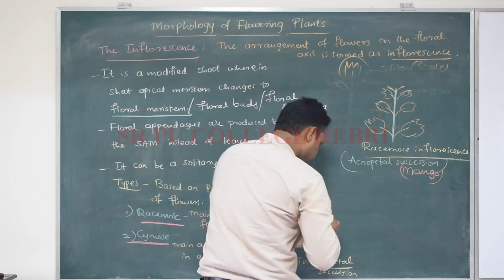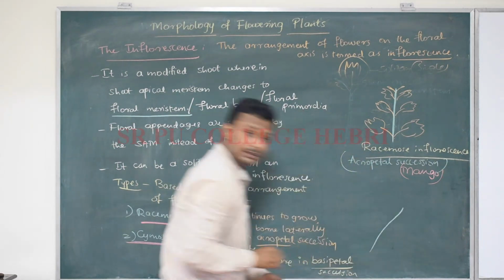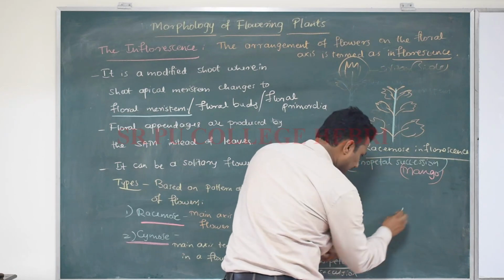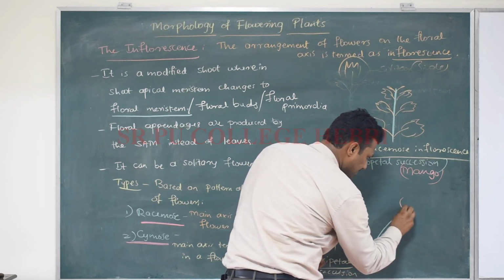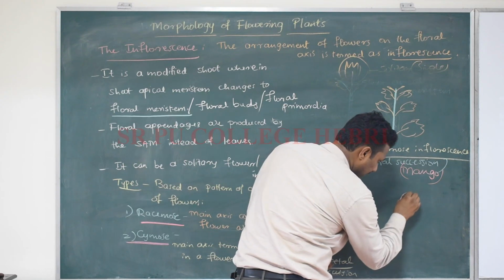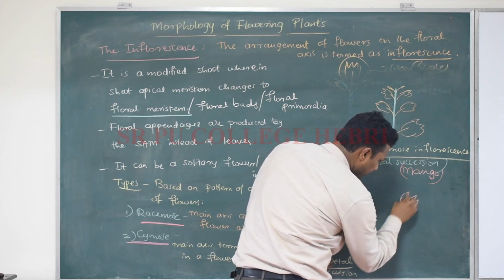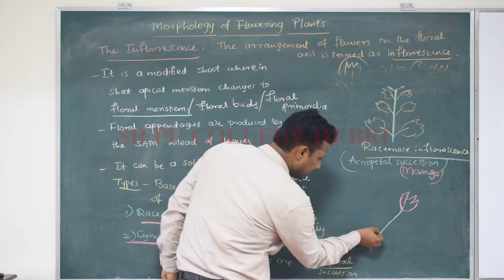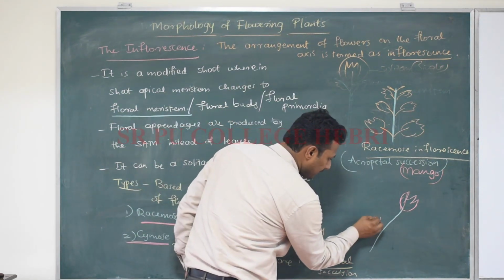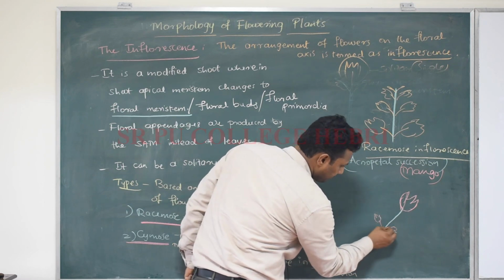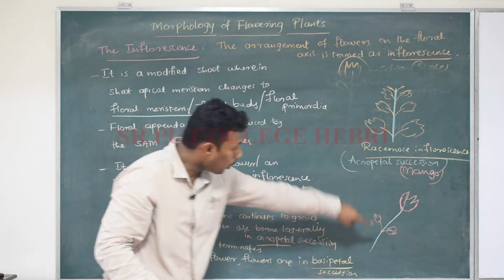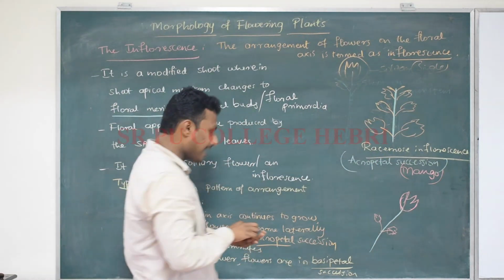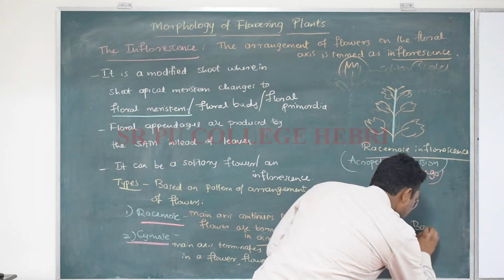In that case what happens here, the shoot apical meristem will get converted into a floral meristem, and that is why a flower is produced at the tip. This oldest flower will be produced at the tip, and the younger flowers will be produced at the bottom. Young flowers at the bottom, oldest flower at the tip. This kind of arrangement is called